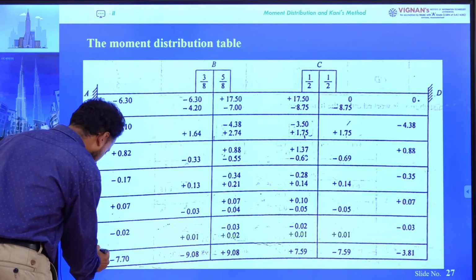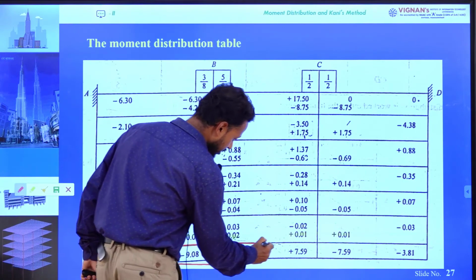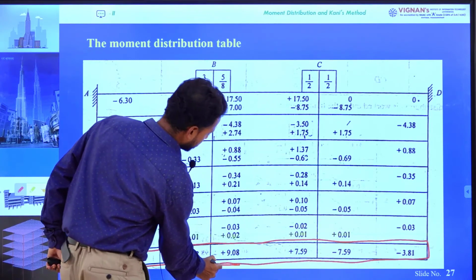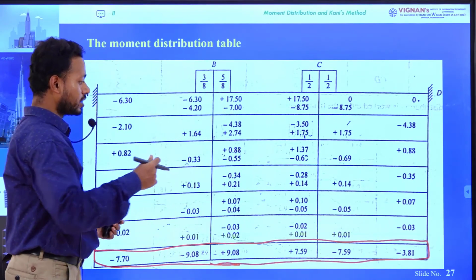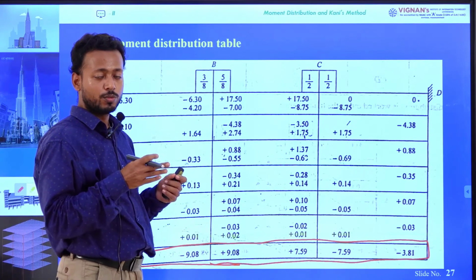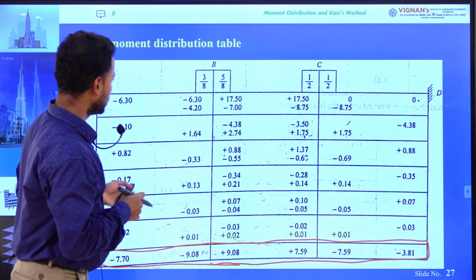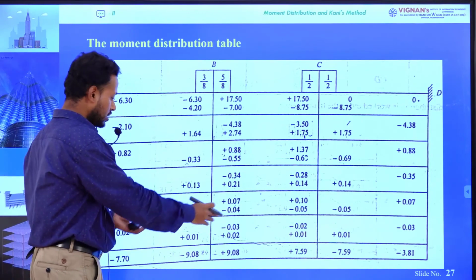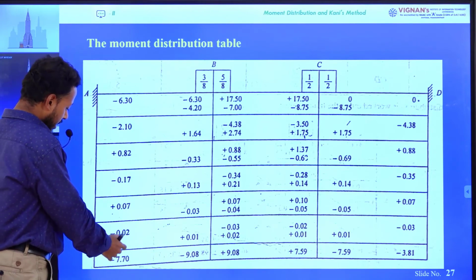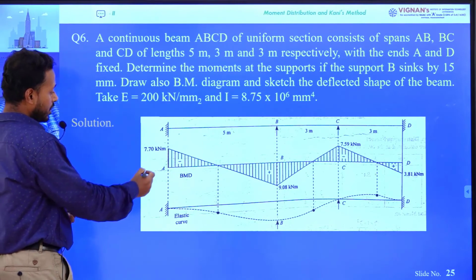Okay, so you have this. This is the final moment. This is the final moment we are getting at different joints. This moment is generating in the beam due to the sinking of the support. Once we obtain the bending moment at different supports, we will draw the bending moment diagram. See, at joint A we have minus 7.7, so we will draw the bending moment diagram